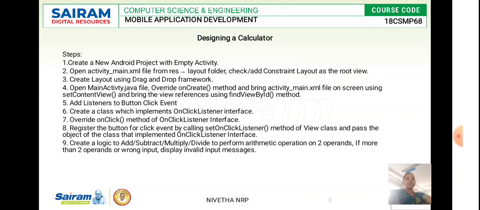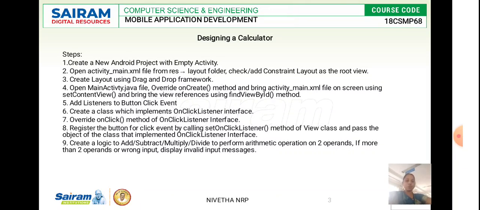Using this we have many options. There is setContentView, and using that you can create the buttons and tabs as per the needs of our application.